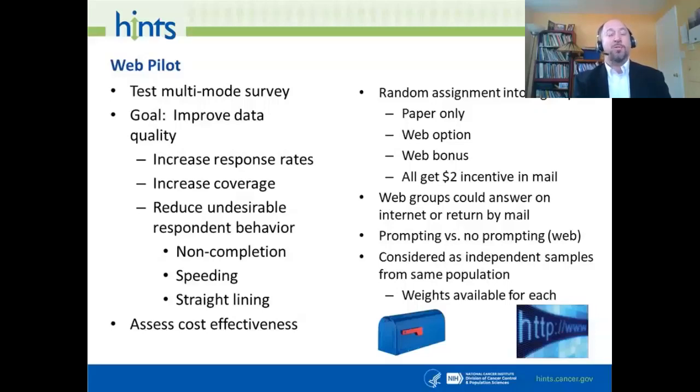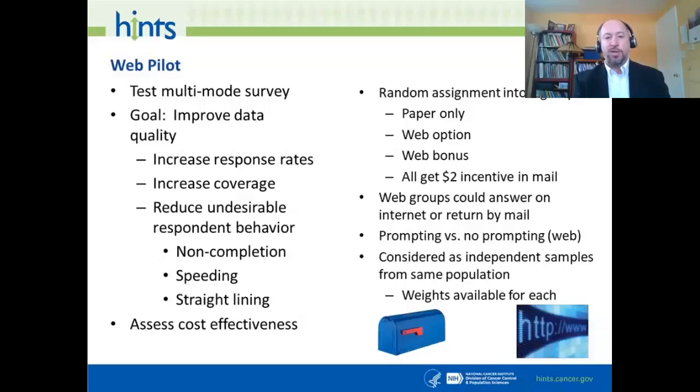Certain groups, one of them was called the web option group, was given the option of answering the survey on the internet. So of course, they were given a URL, and it was a unique number, and all these kinds of things. The third group was the web bonus group. So again, they received it through the mail, and not only were they given an option to do it on the web, but they actually were told, "Oh, we will actually give you $10 to finish it on the web." So again, kind of looking at those three groups.